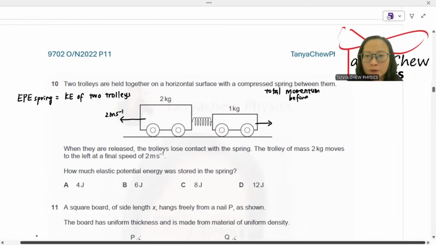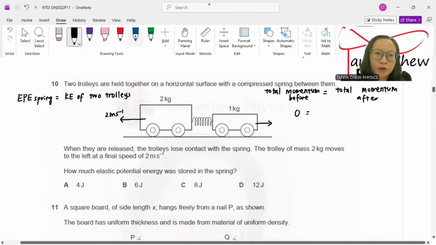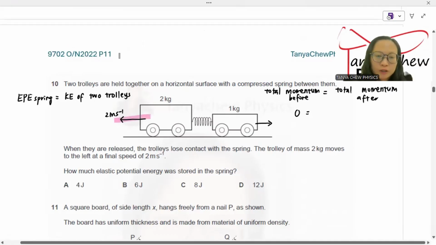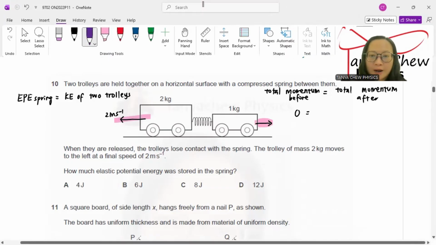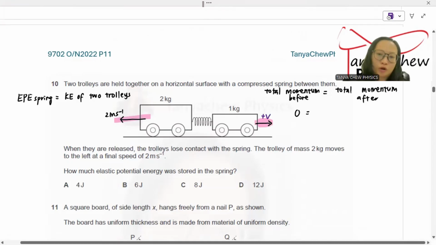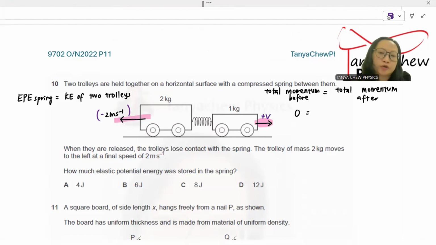before equals total momentum after. Total momentum before, because these two trolleys are not moving, is equal to 0. But for total momentum after, I want you to pay special attention. The 2 kilogram trolley is moving to the left. That means the 1 kilogram trolley is moving to the right. I am going to put positive to the direction of the 1 kilogram trolley, and negative to the 2 kilogram trolley,